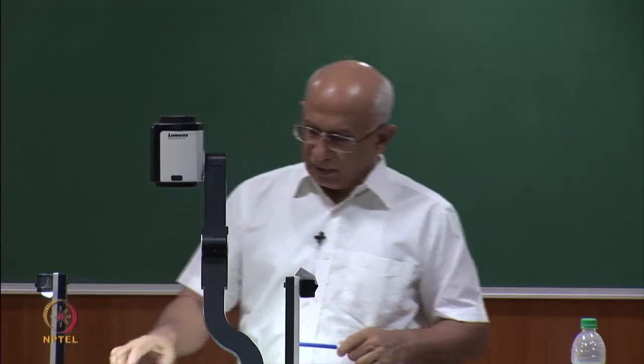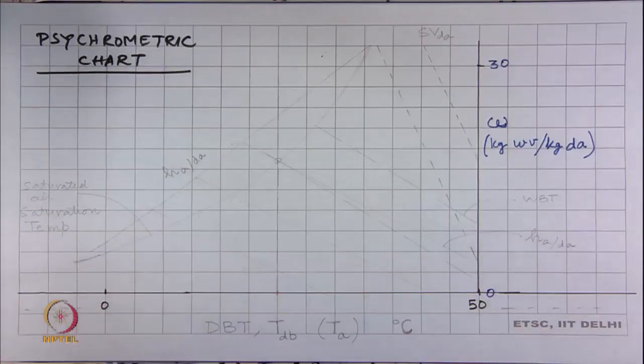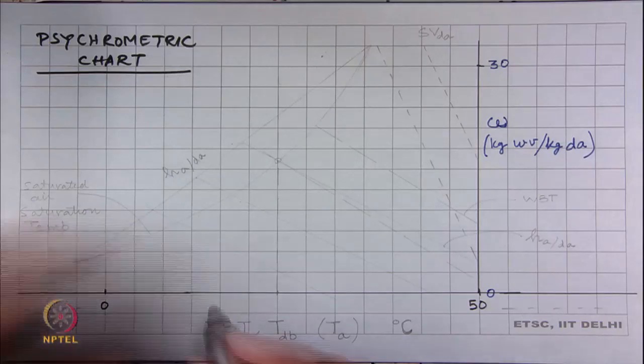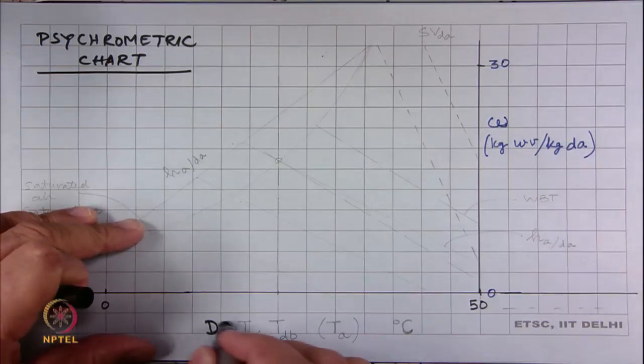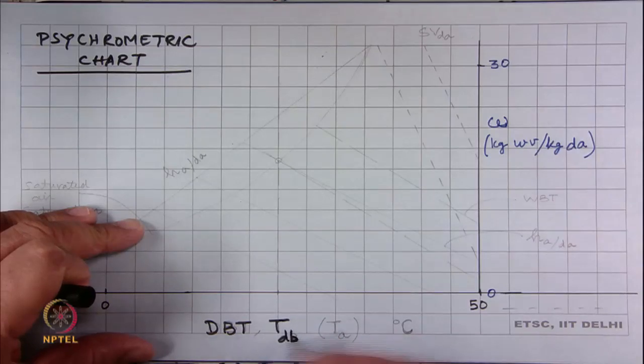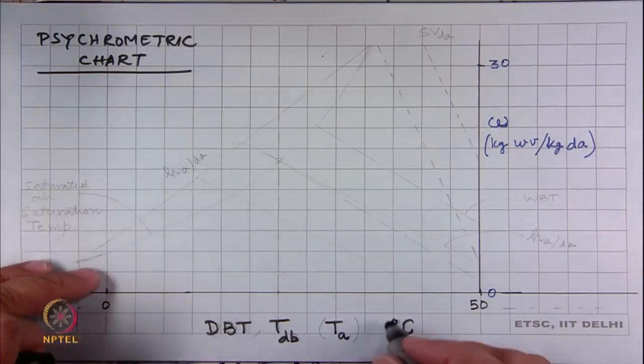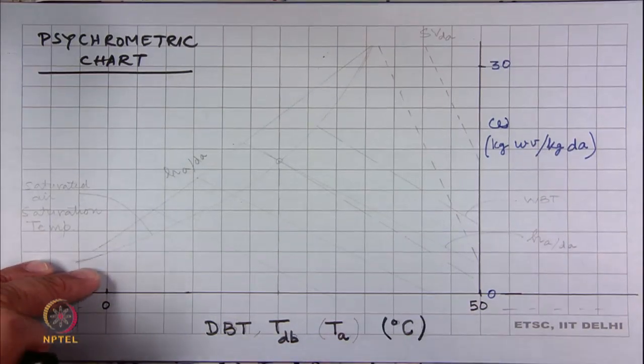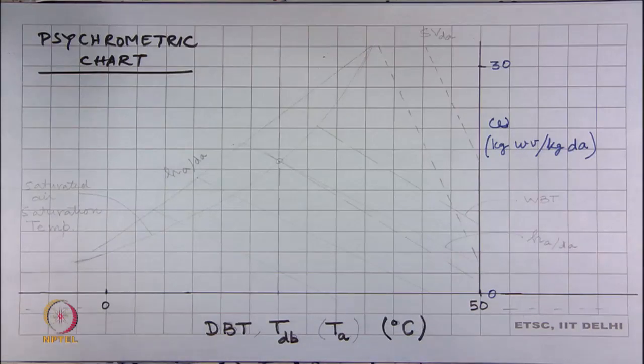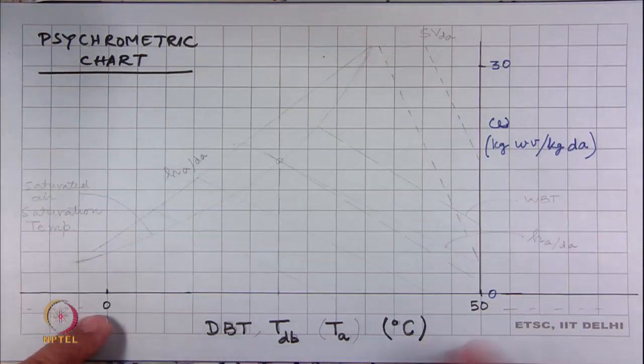So, what we are doing is we made the x axis here 0 to 50 degrees Celsius. Like that original graph, this is dBT, or in our symbol system we have called it TdB, or in all the equations we have called it T subscript A, and the units are degrees Celsius. This is important to keep in mind. The graph goes in that case from 0 to 50 degrees Celsius.